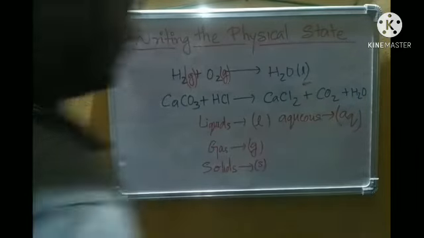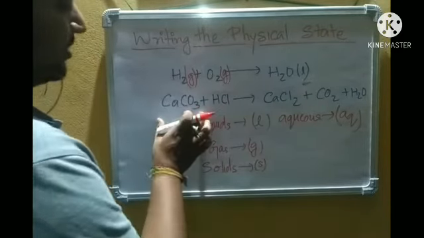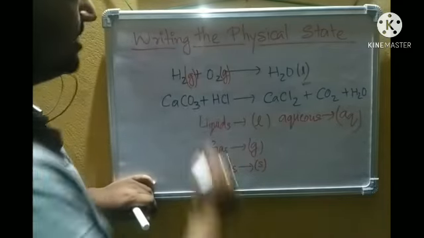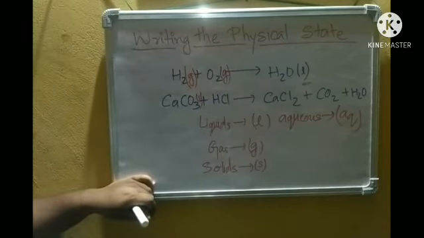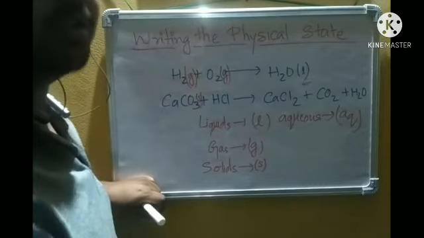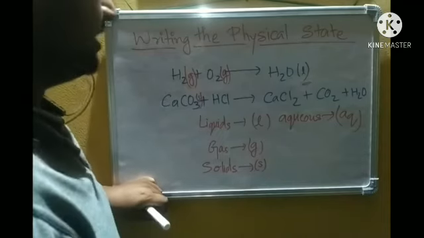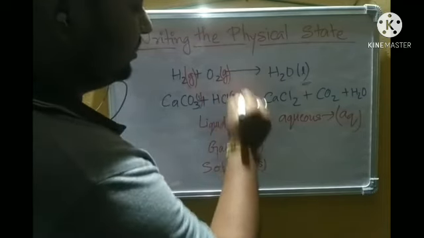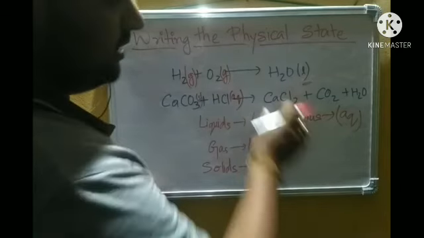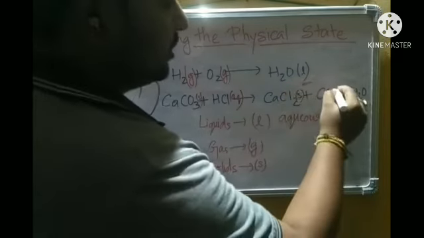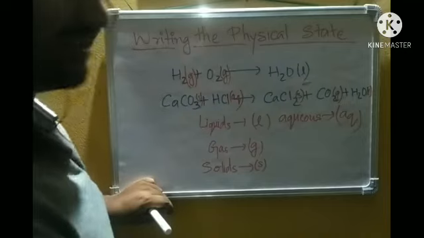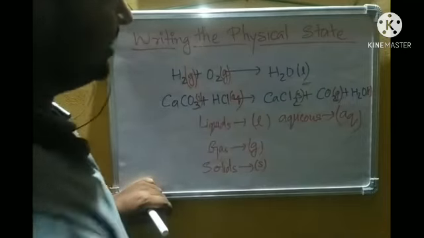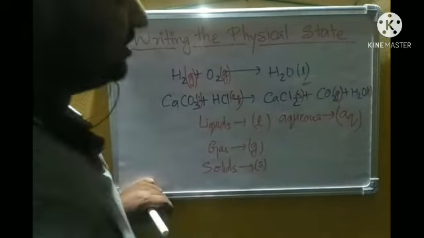solids, or aqueous. So in this particular reaction, this is calcium carbonate, and calcium carbonate exists as a solid. HCl, that is hydrochloric acid. The hydrochloric acid contains some amount of water in it, so we can consider that hydrochloric acid is dissolved in water before being used in any reaction. So we generally represent it as AQ, that is aqueous. Calcium chloride, again it is a solid. Carbon dioxide, again it is a gas, and H2O is again a liquid. So writing the physical state is nothing but representing the state in which each of the chemical species in a chemical equation exists.